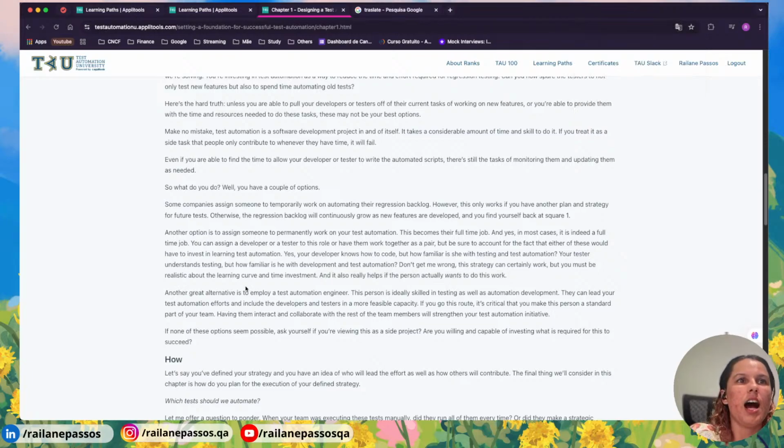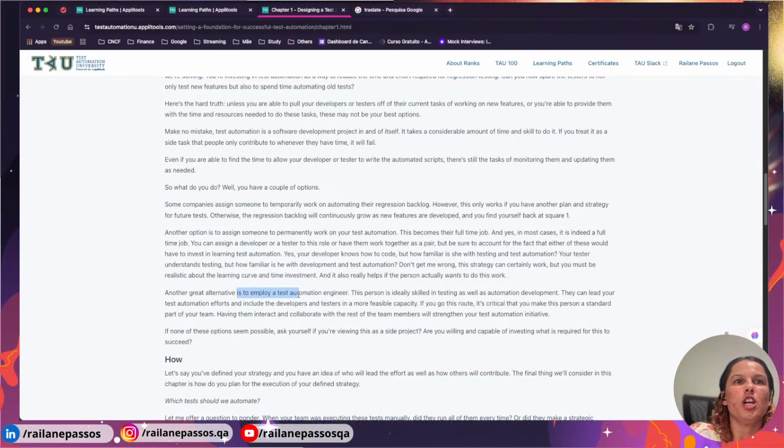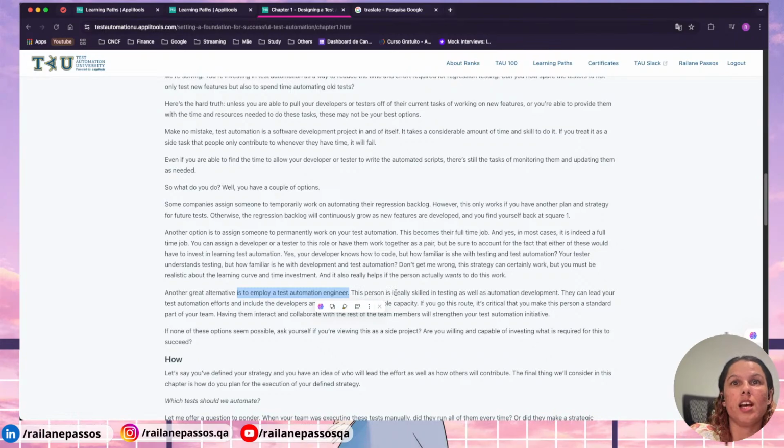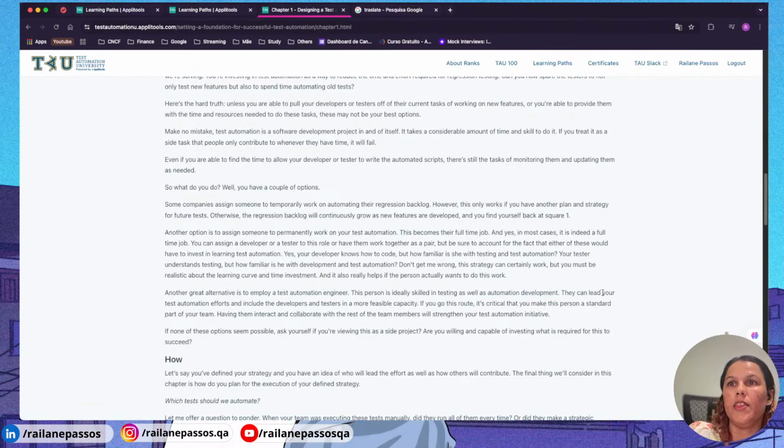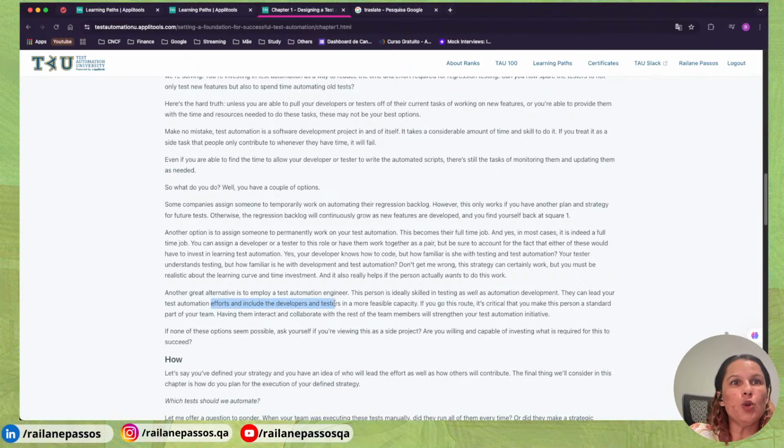Another great alternative is to employ a test automation engineer. This person is ideally skilled in testing as well as automation development. They can lead your test automation effort and include the developers and testers more feasibly,